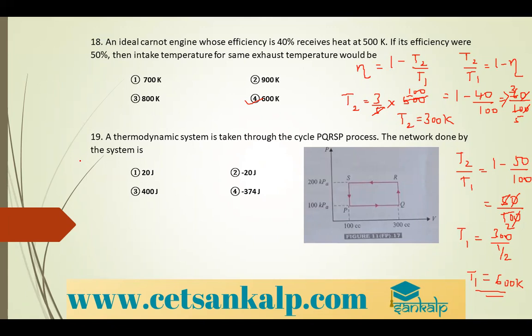Okay, so now looking at the thermodynamic cycle here, the work done is nothing but the area of the loop, right? The area of the loop, and it is rectangular, so you can write SP into PQ. SP is 200 minus 100, so it is 100 into 10 to the power 3, because it is in kilo, into PQ, which is 300 minus 100,